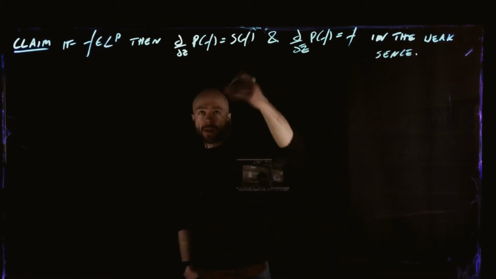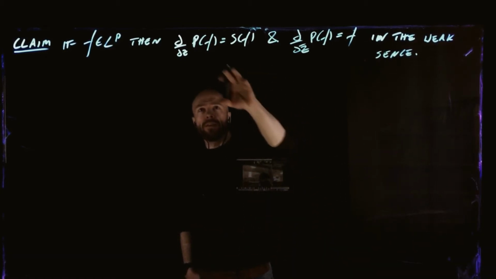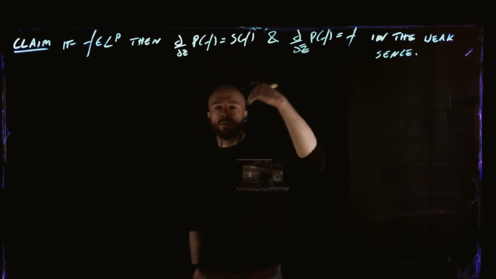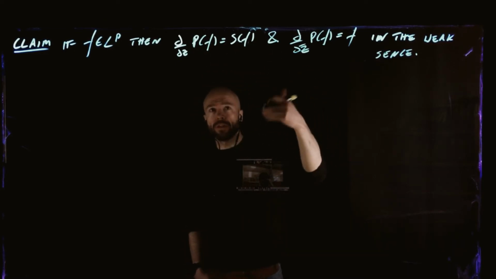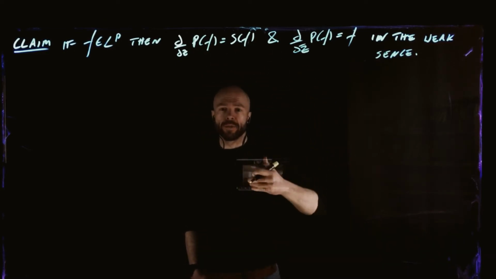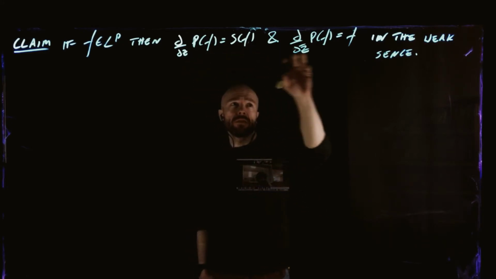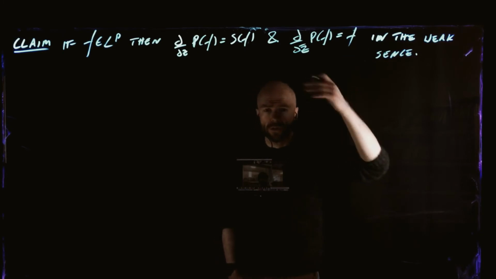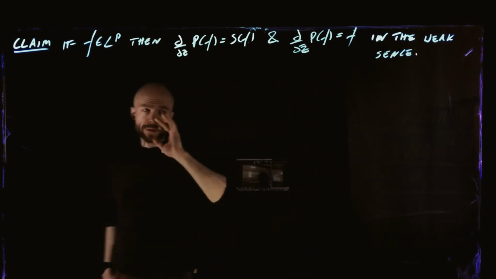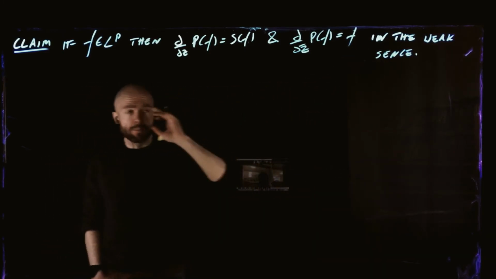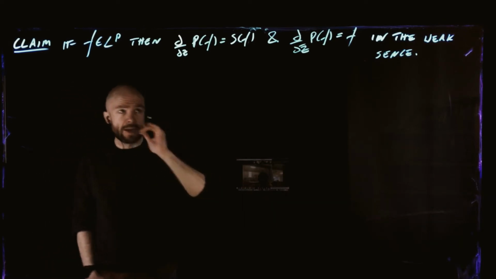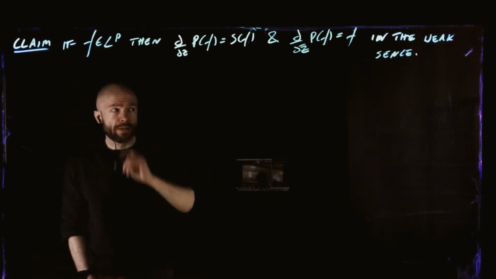And having this in a weak sense will actually say that this function here will be a Sobolev function, that its derivatives will exist in an LP sense. Because we're saying that this derivative weakly is equal to this function, and this derivative is weakly equal to this function. So that will say that we are in good shape. But what we need is something that we don't have, but we will have later,